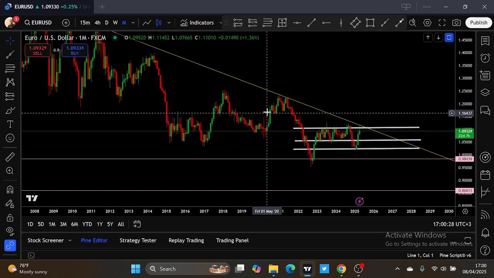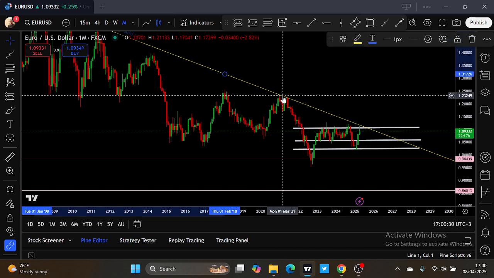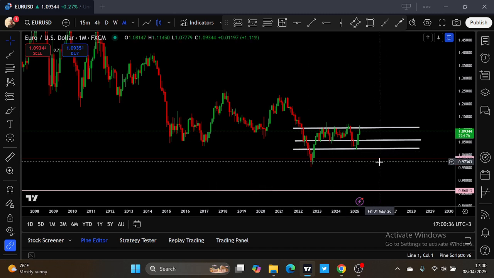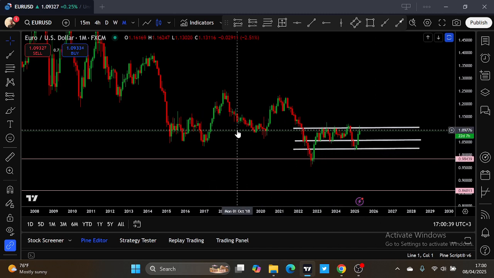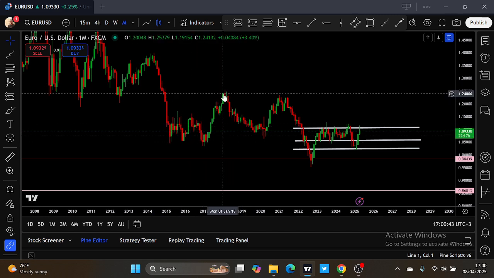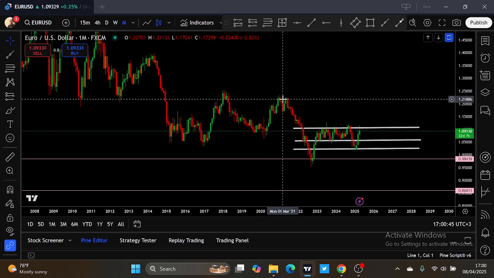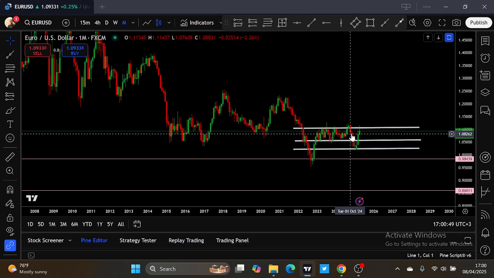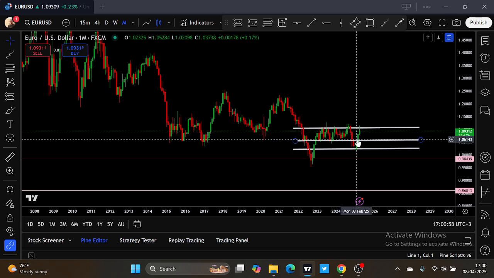So now let's just remove the trend line. I always want to have my charts clean and not cluttered with a lot of things. When we come, we see a downtrend, a market forming lower lows and lower highs. We had a low here, a lower high, and then another lower low. This one is just a retracement, and the market has been retracing from Wednesday, 1st March 2023 to